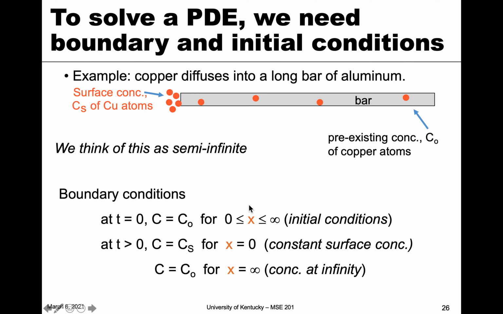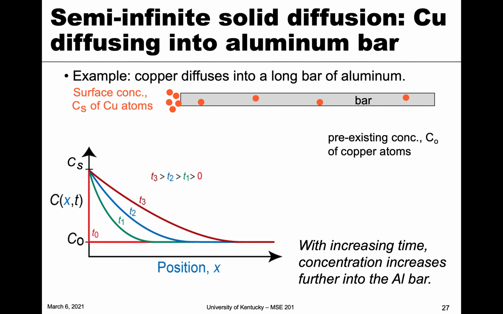So those are our boundary conditions, and by applying that, we can solve the PDE in the previous expression, Fick's second law. And so this is what that would look like. If we have position in the bar, so 0 all the way to infinity, and we look at concentration on the y-axis, we see that initially we only have 0 concentration and then the surface concentration. And then after times, you see that the concentration within the bar gets higher and higher. And so this is the type of diffusion we see. So increasing concentration further and further into the bar.